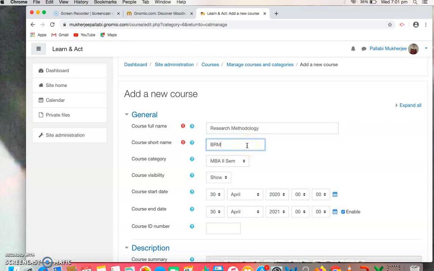It is commonly called the PRM. You can add any short name you want for the subject. That's business research methods. You can choose a parent category. You can choose anything. I currently choose MBA second sem because that's what I teach in MBA second sem.